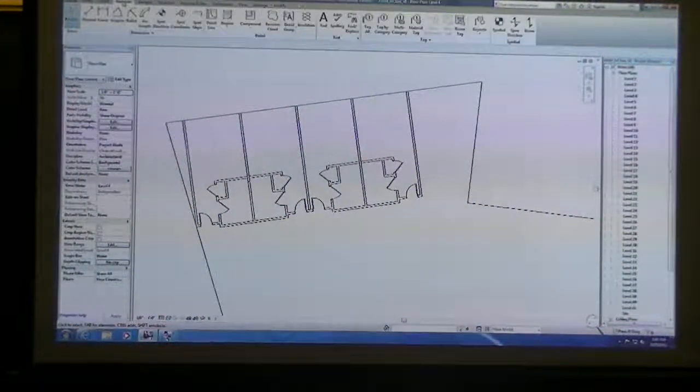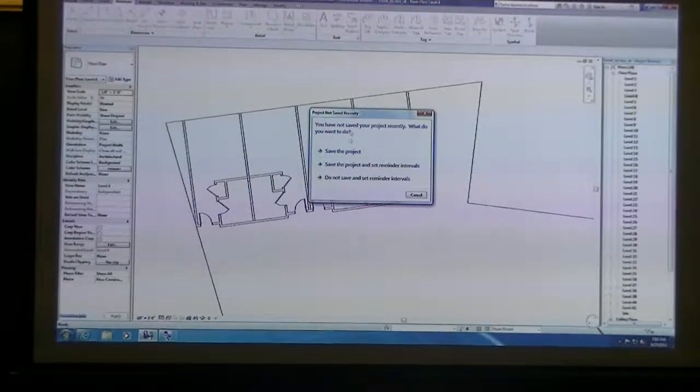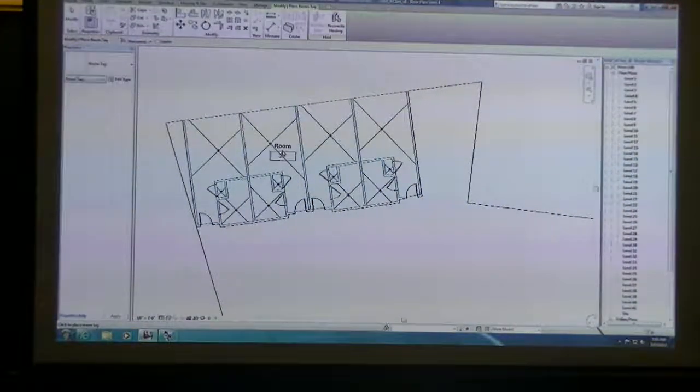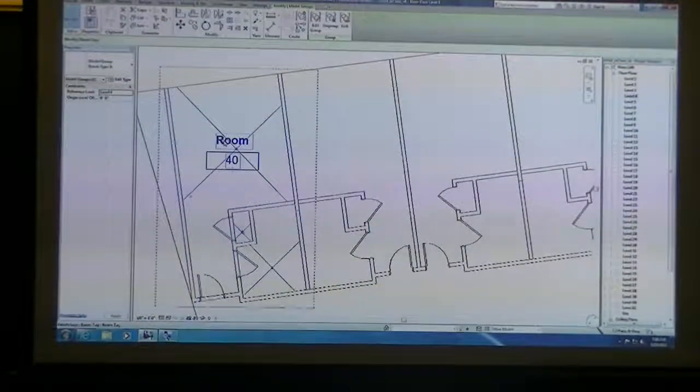But if we click on annotate, I'm going to go to room tag. And I'm going to now tag these rooms now that we've created these and did a lot of repeats over and over again. If I click on room tag, it wants me to save my project, so I'm going to cancel that for a second. Notice that when I hover over the rooms, I'm getting all these different numbers, because Revit is recognizing that even though they were duplicate or the same rooms within the group, because you've copied this over and over again, they're going to be in their own individual rooms, and it already automatically gives you some numbers. Of course, we can click on that space, and once we place that tag,